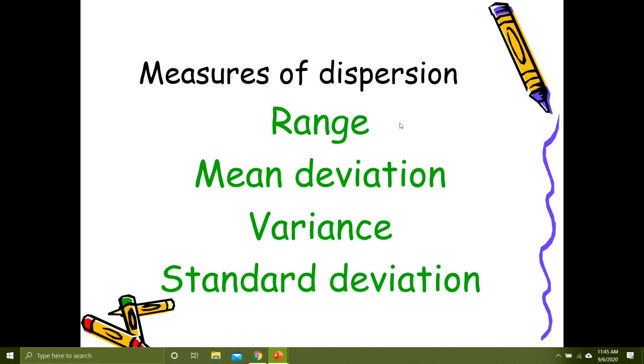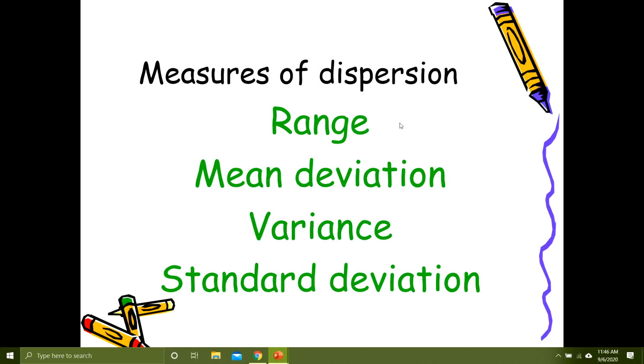So moving towards the measures of dispersion, remember always that quantitative data, when it is described, is always described in terms of measures of central tendency and measures of dispersion. It is never presented alone. So we will be discussing measures of dispersion now, and there are 4 measures of dispersion: range, mean deviation, variance, and standard deviation. Let me tell you, many times a question comes to calculate mean deviation and standard deviation. So you should be very vigilant during the course of the lecture.